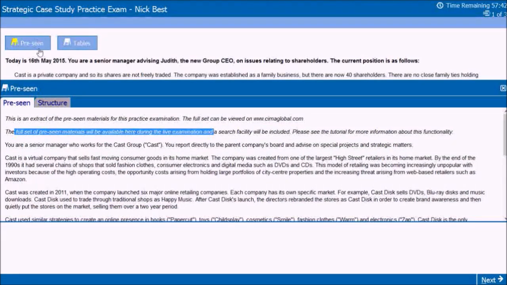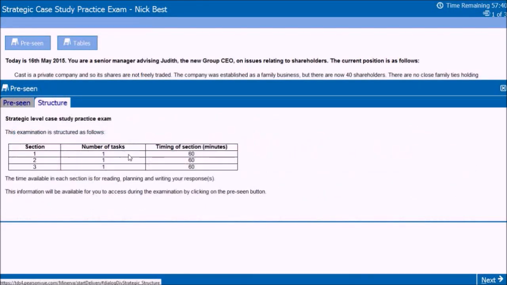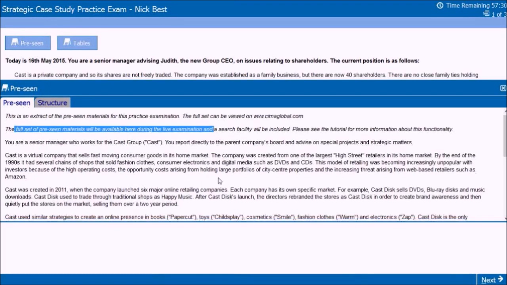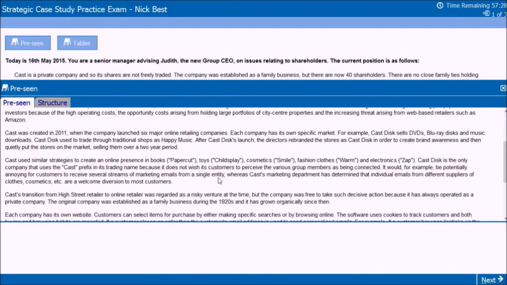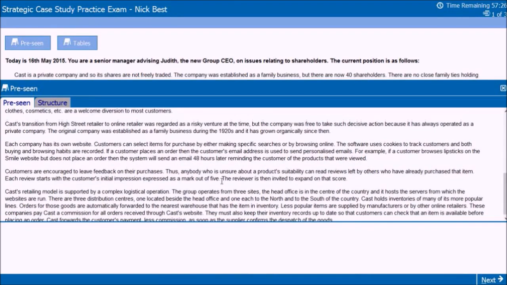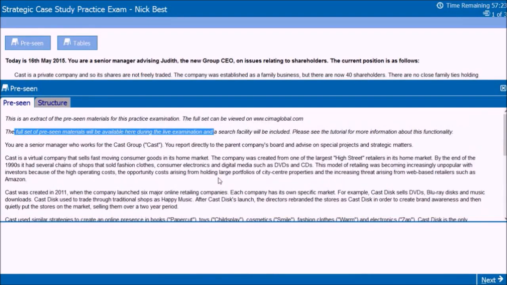If you go back to structure, you might think it's the business structure. It's not. It's telling you about the exam as a whole. So there shouldn't really be any reason for you to go back to that particular page. In fact, one thing that I advise during the day is that with the pre-seen information, you've done all your analysis in advance, so you shouldn't really be looking back at it